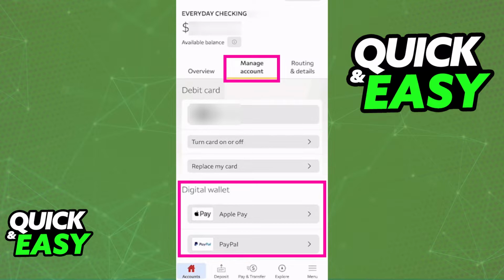As you can see, there is going to be either the Google Pay wallet or Apple Pay wallet at the top, and then followed by PayPal or other digital wallets. If all that you want to do is use Wells Fargo and Apple Pay, tap the first option when you